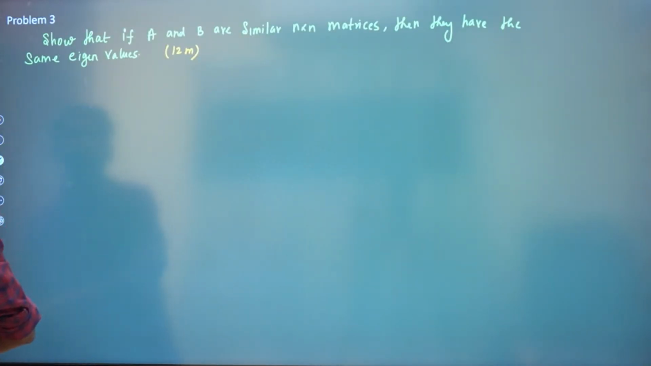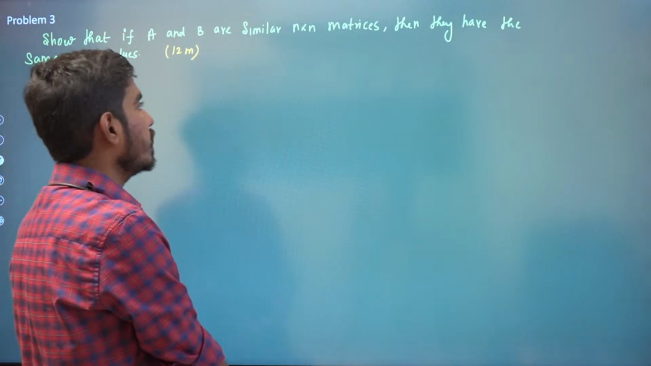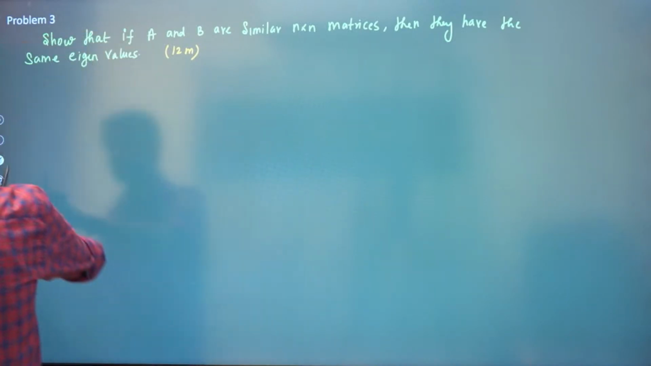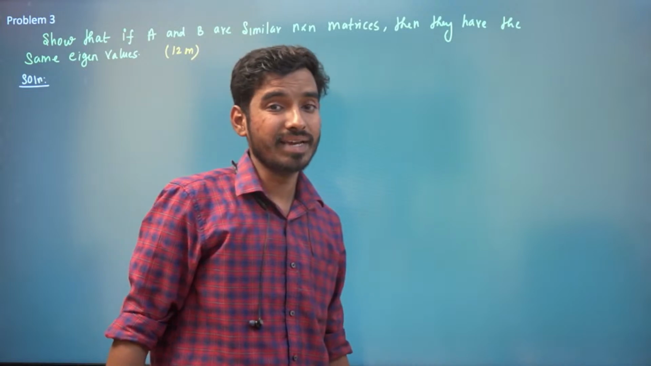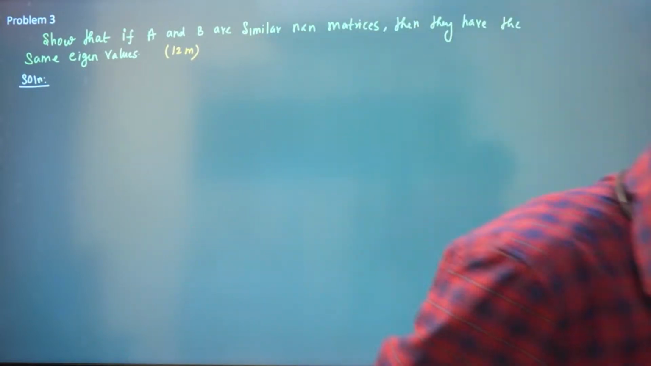Third one: if A and B are similar n cross n matrices, then they have the same eigenvalues. This is a very standard question. We will prove that if A and B are similar matrices, they have the same characteristic polynomial, right? In order to prove this,